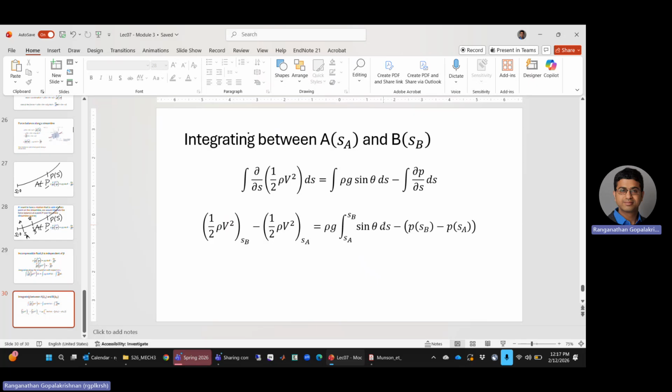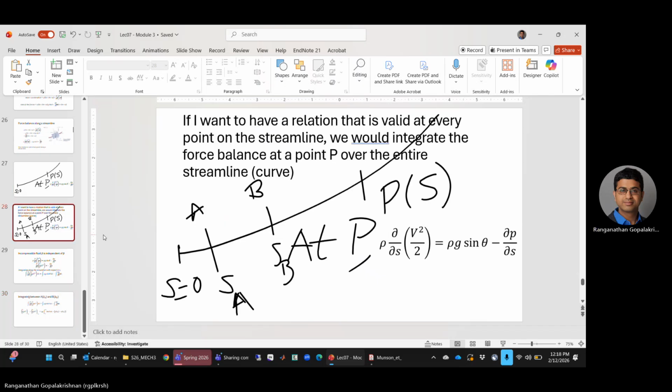Okay. So this angle is a pesky parameter. It is like knowing the local slope, and we don't want to do that. We want to get rid of the angle and write it in terms of something that's easier to think about. If you think about this curve here, A, the point, is defined by its streamwise coordinate SA, and B is defined by SB. But they could also be at different elevations, meaning with respect to height, the Z coordinate, they can have coordinates ZA and ZB.